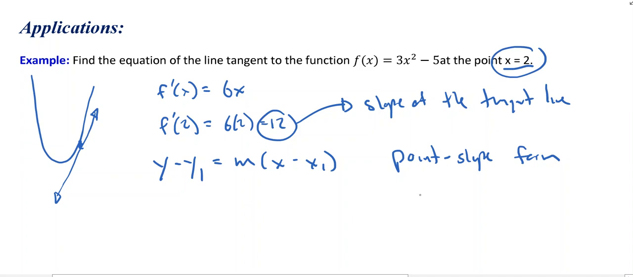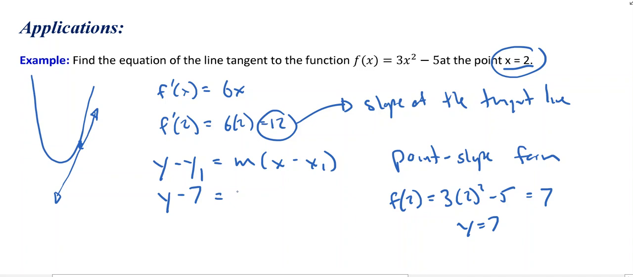So I need to find out what the function value at 2 is. That is 3 times 2 squared minus 5. So that's 4 times 3 is 12 minus 5 is 7. And so that is basically the y value. Okay, so y equals 7. The function value is the y value. So we have y minus 7 equals the slope, which is 12, times x minus the x1 which is